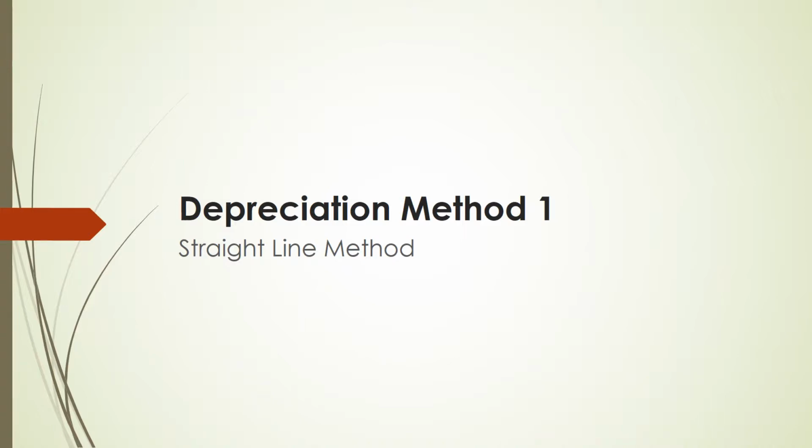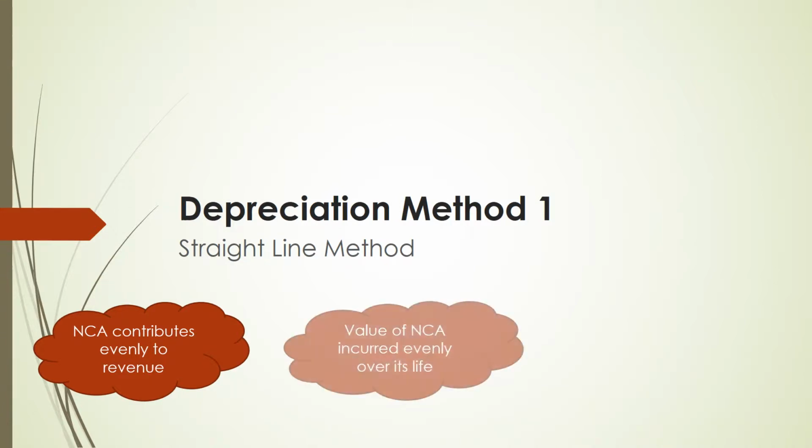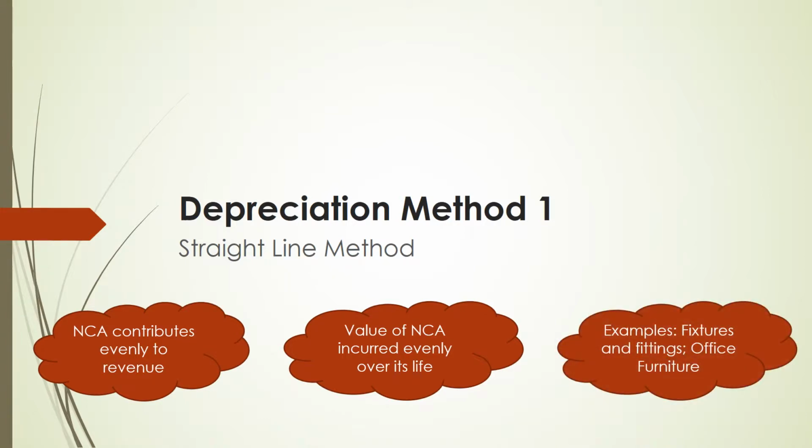The first depreciation method that we'll be looking at is the straight line method. It is typically used for non-current assets that contribute evenly to the revenue and when the value of the non-current assets is incurred evenly over its life. For example, fixtures and fittings and office furniture. Whether the table is used on the first day or after 5 years, it still has the same contribution to